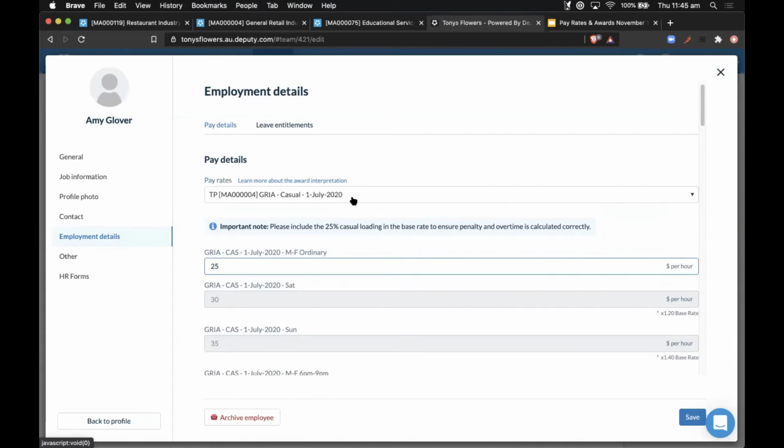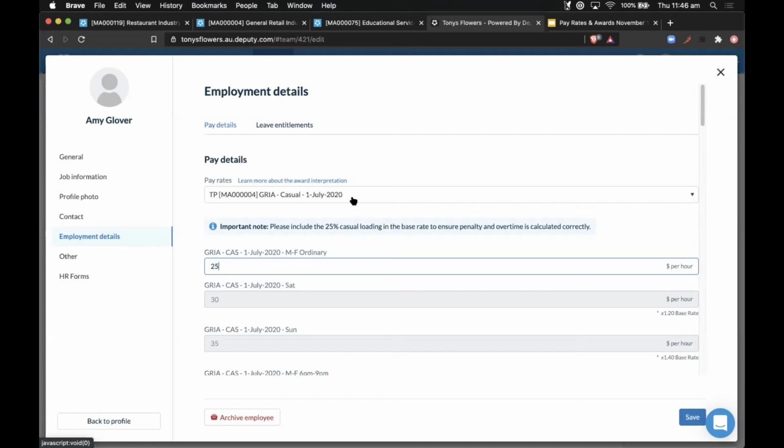Please don't choose it, because that's what someone else wrote as well, for the year that someone started at your business. So if they started in 2018, please don't leave it at 2018. Actually, just update it to the 2020 version. If there is a newer version of the award in there, always make sure you change it to the newest one and not leave it on the one when the employee actually started.